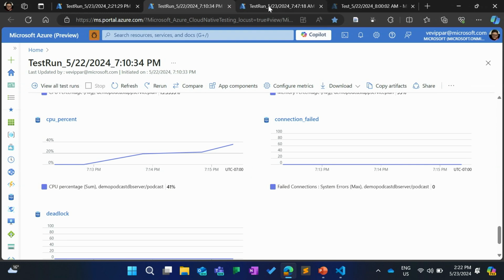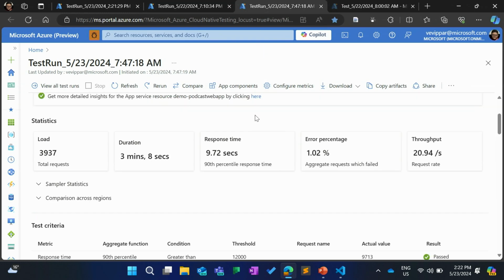So I did that and reran the test, and this was what happened. The response time came down from almost 20 seconds to 9 seconds. So just by using the dashboard, I could correlate what's happening on the client side with what's happening on the server side, identify the bottleneck, fix it, and then rerun to see if it actually fixed the problem.